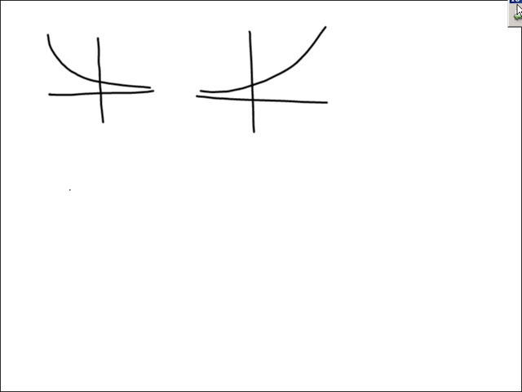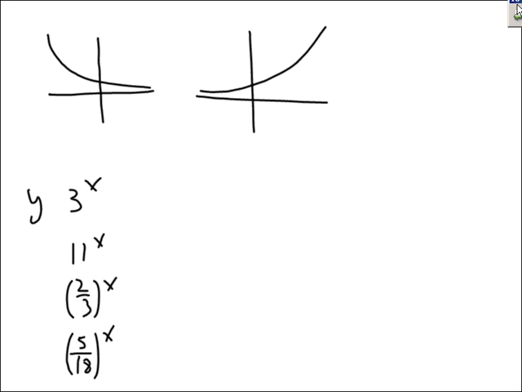You take different numbers: 3 to the x, 11 to the x, 2/3 to the x, 5 over 18 to the x, different numbers to the x. You graph them, y equals that, plot many, many points. Plot as many points